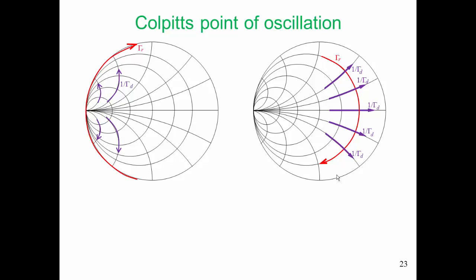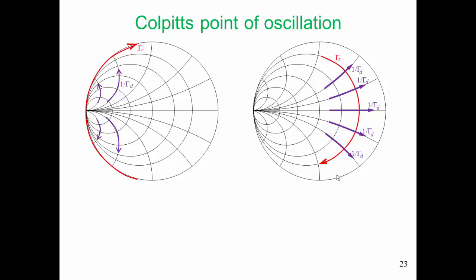Shown here are two graphical representations of the simplified Kurokawa oscillation condition. And we have to decide where we want oscillation to occur on these Smith charts. That is, we want to decide where we want the point of oscillation. And the point of oscillation will be where gamma R and 1 over gamma D intersect for the same amplitude